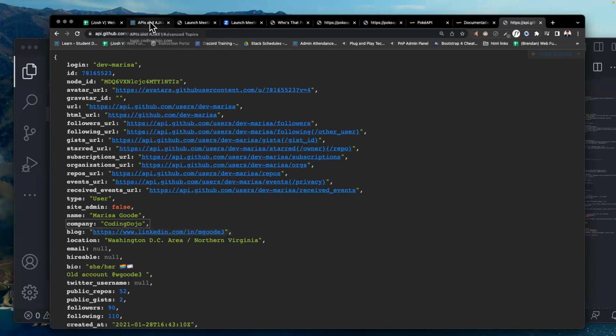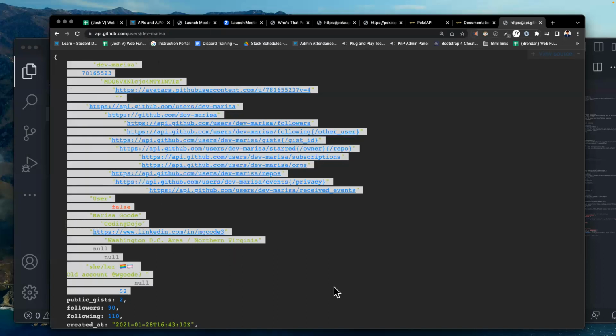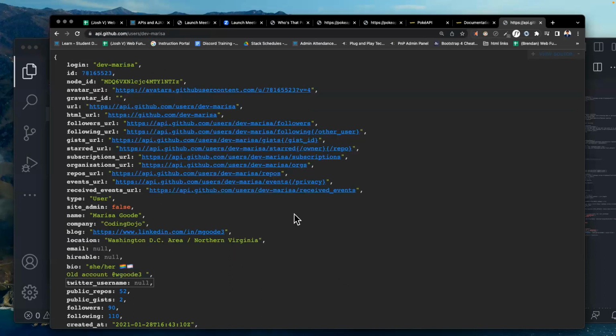Okay, so what we've covered so far. APIs are attachments to our application. They contain data. And this API is just a giant object. So if we wanted to access this interface, this programming interface, we're gonna have to access this object here.